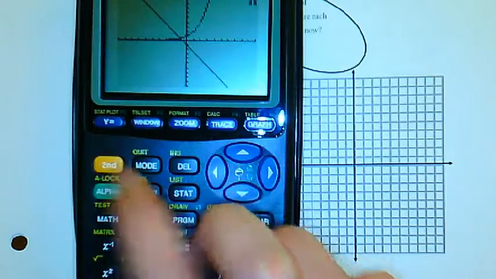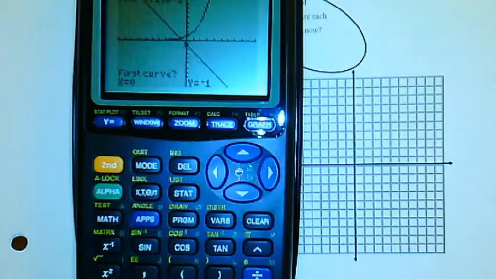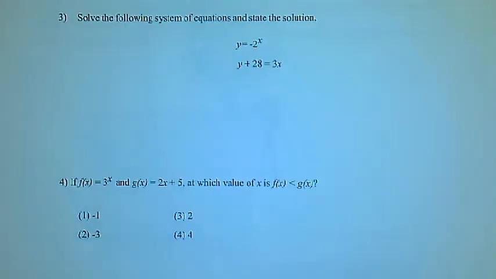So you're going to do, again, second calc. Scroll down to intersect. First curve, enter, enter, enter. And you'll see -1 and 0.5 is your answer. Okay, again, please make sure you're practicing this on your calculator as we go through. All right, for number 3, we're not going to actually graph them. All we are going to do is write down what they are, and we're going to throw it into our calculator. So first thing I see, this is exponential,